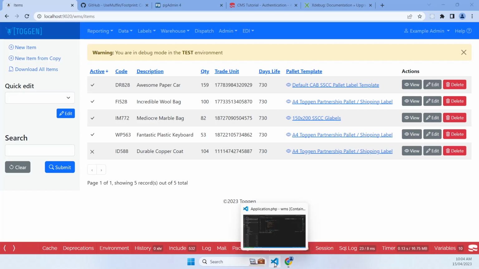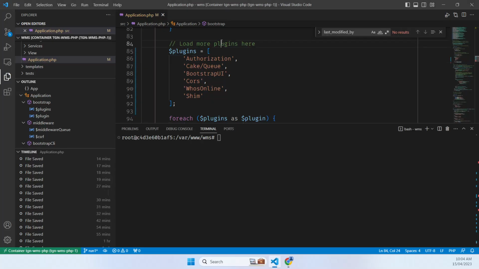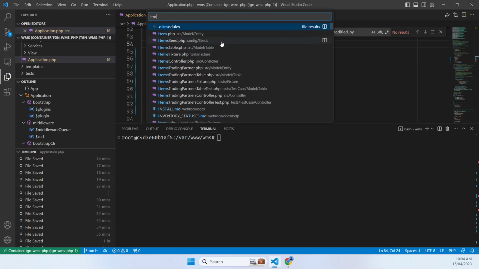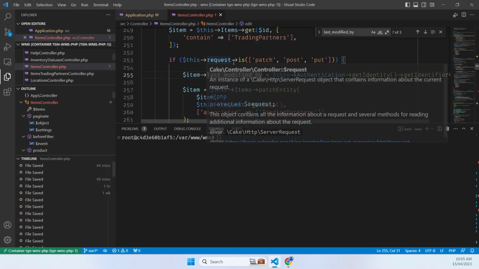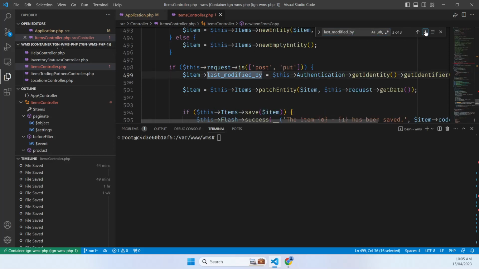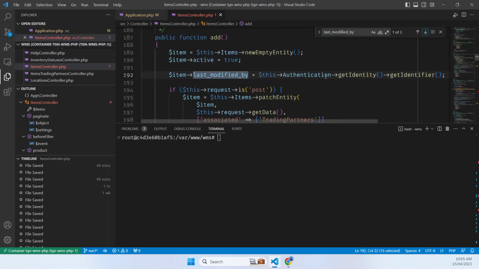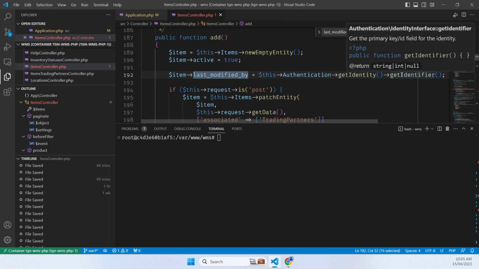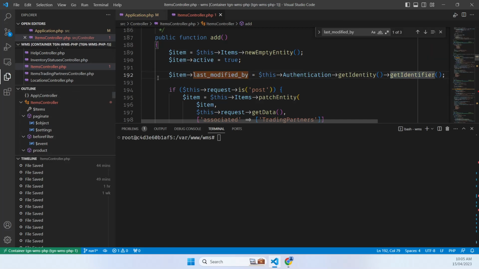If we have a look at the code in the items controller, we can see that in a number of places, if we have a search by this actual entity property, I'm repeating the exact same code to insert the primary key, or the ID field, of the currently logged in user. So that's duplication,